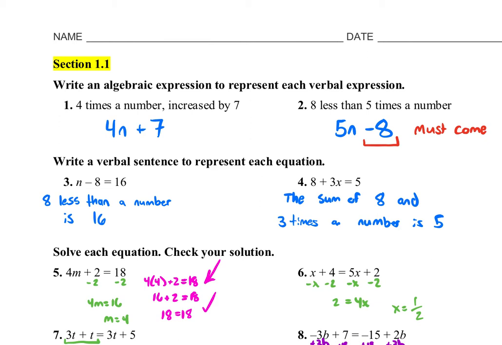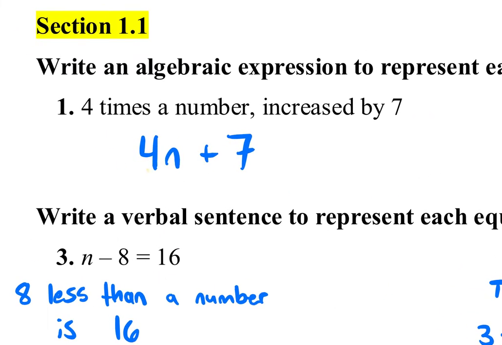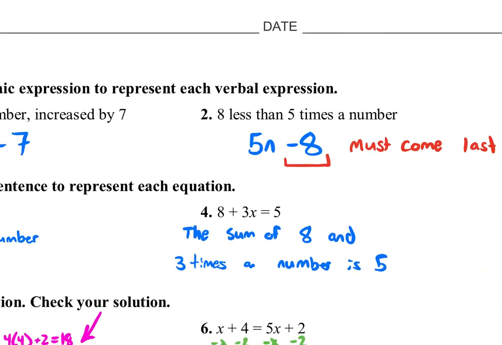Section 1.1, we are writing expressions. Number 1 says 4 times a number. Here's 4 times a number. You could pick any variable; I just chose n to be the number. Increased by 7, so that's addition. Number 2,